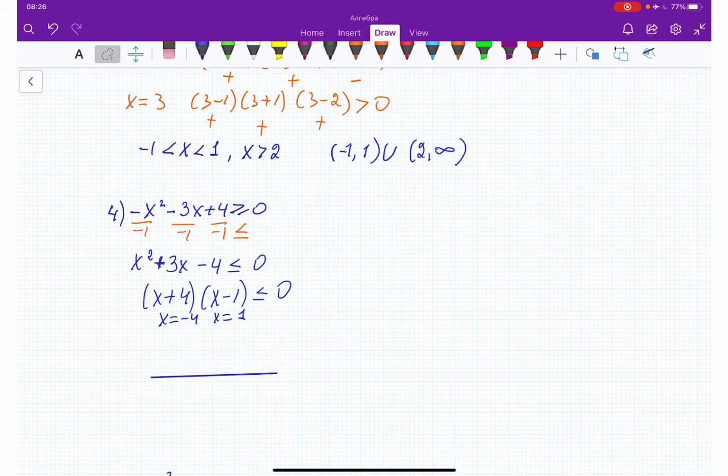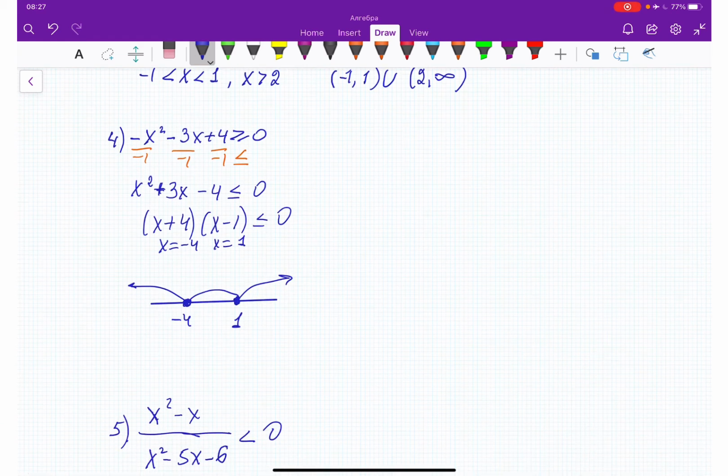Let's assume this is -4 and this is +1. So either this way, this, or this way. Let's see what's going to happen. Picking -5 here, picking 0 here, and picking 2 here